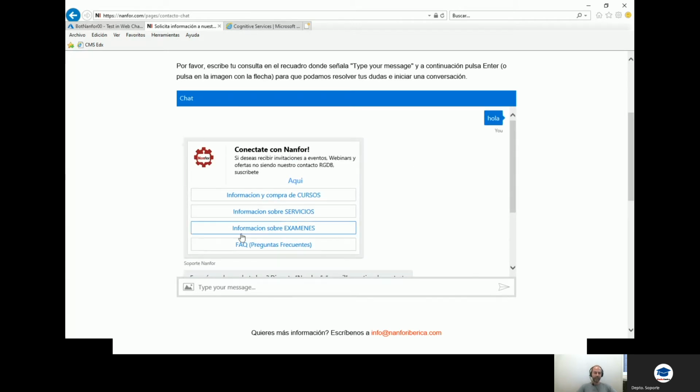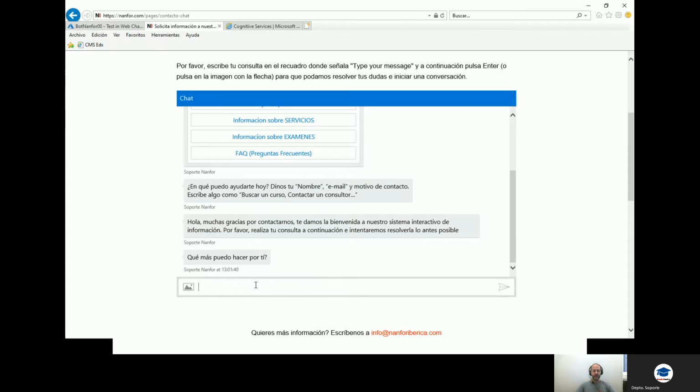For example, I've got cards that offer you different things. These cards can be static or can be dynamically refilled. So you can create a lot of intelligence inside the bot. But then you can create a conversation about the bot. For example, in this kind of bot, I can search a course. For example,